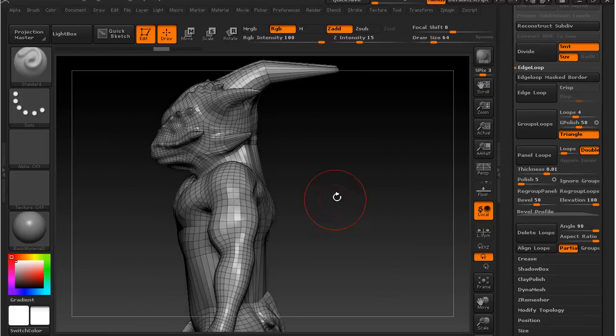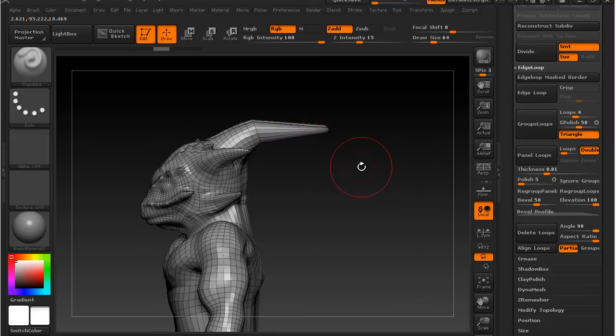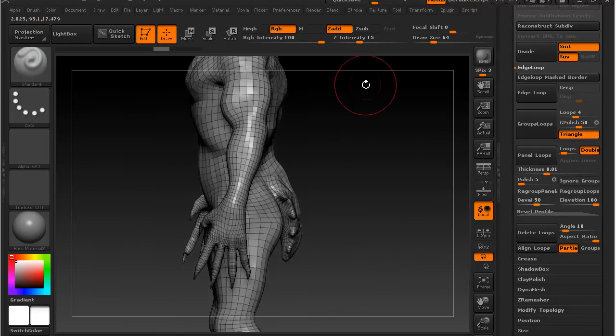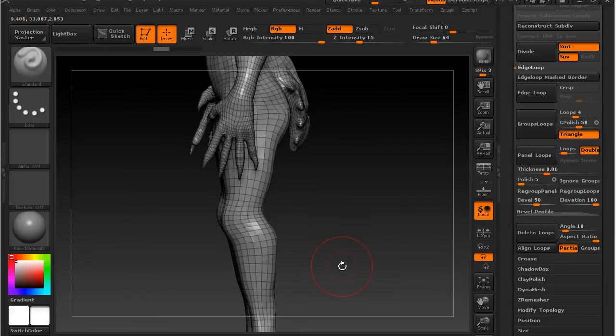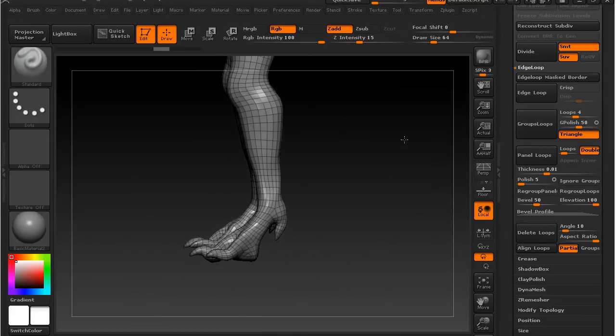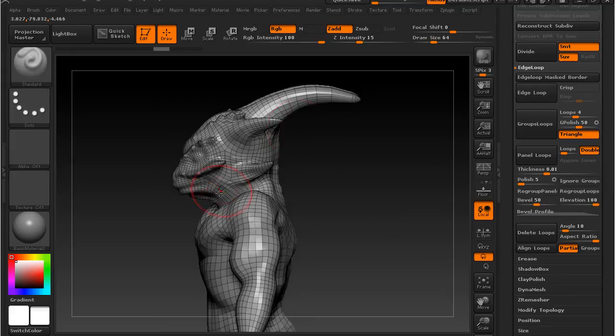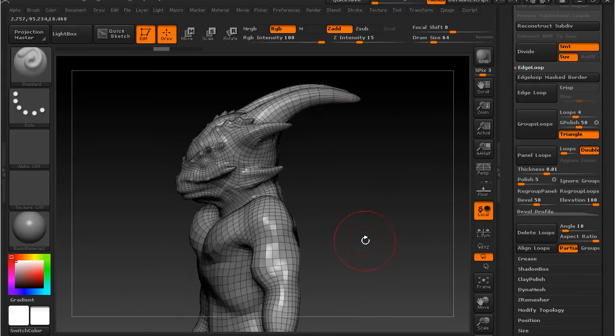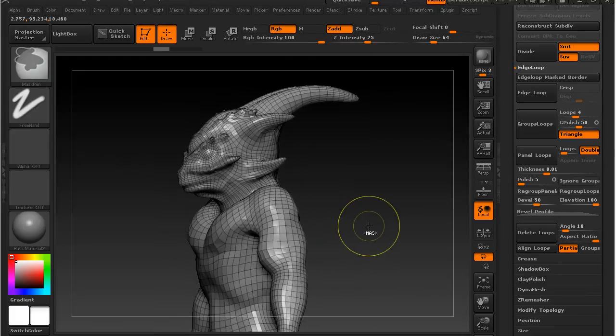Now the reason for this, you can see that the horns definitely get affected. In fact, if we actually undo and take the angle way down, I like to use an angle of about 10, and then hit Delete Loops. You can see that it deletes loops a lot more reluctantly. You can see that the fingers are still okay, and most of the shape pretty much needs these loops to be defined anyway, but you can see that the horns didn't need those loops, and so it deleted those out. Now,